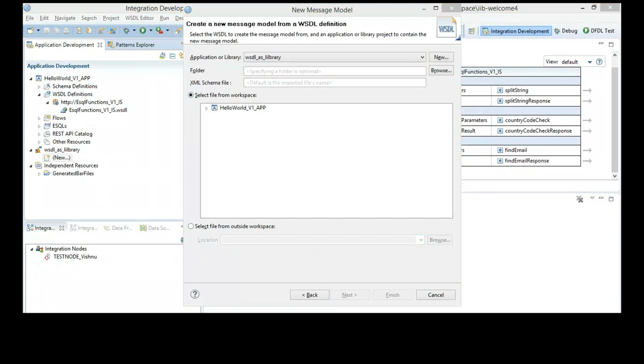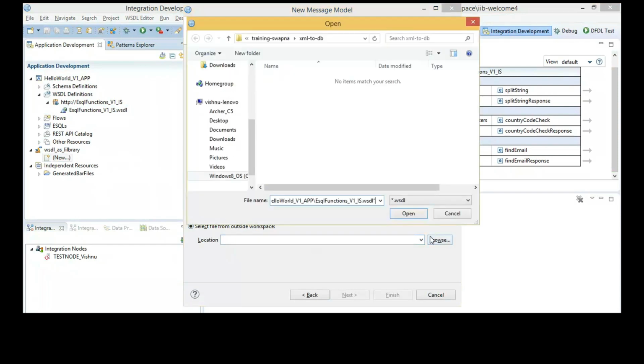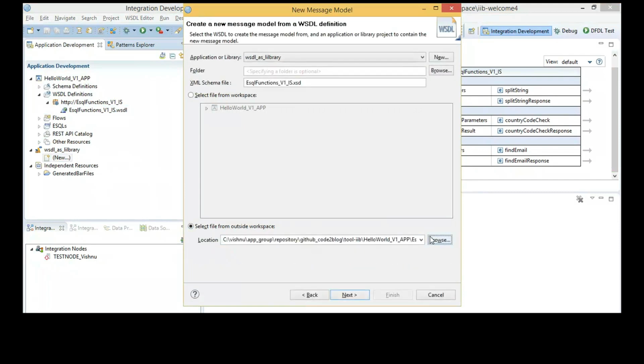The WSDL file can be given to you by your providing systems, and you can directly add a file reference. It doesn't have to be part of a project. That is why I purposefully am selecting a file system reference instead of a project reference.